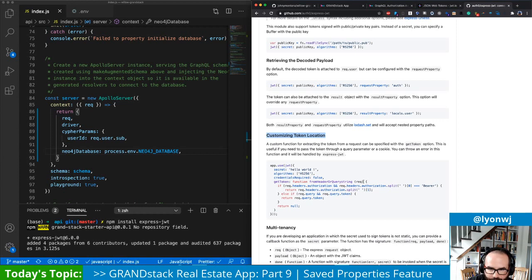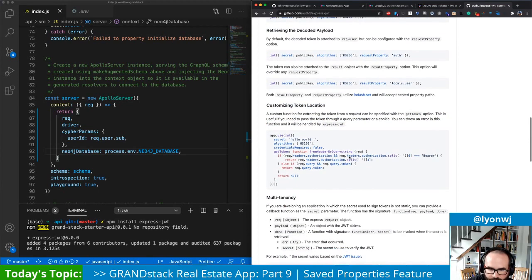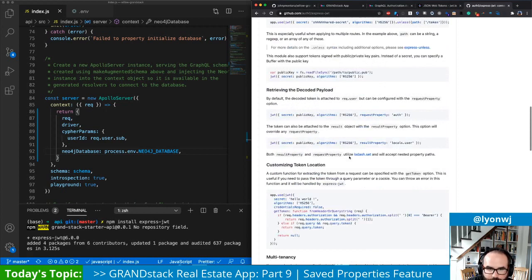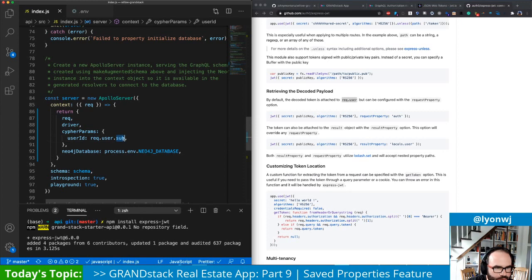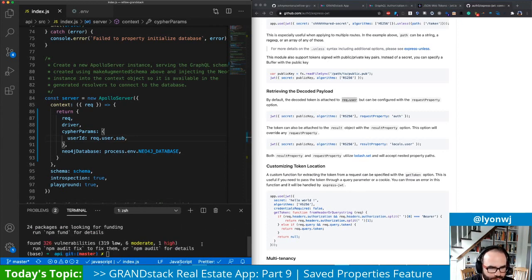This is saying if we want to read it from a cookie or a query parameter, I think by default it should take our bearer token. Oh, here we go. By default, the decoded token is attached to request.user. Yep, cool. That's what we want. We want the subject claim. Okay, so let's save that